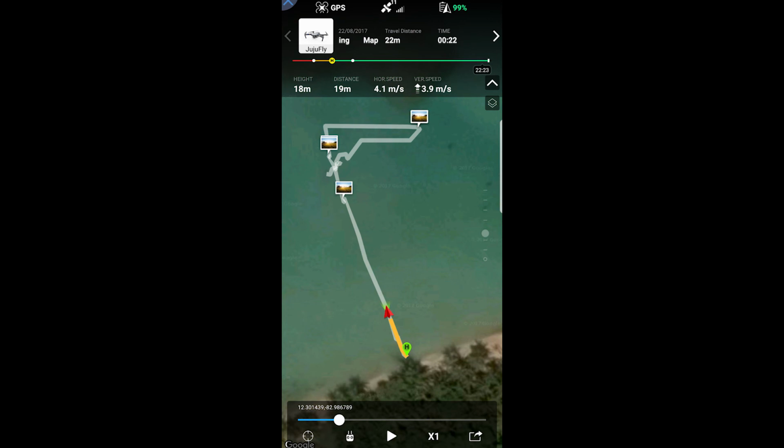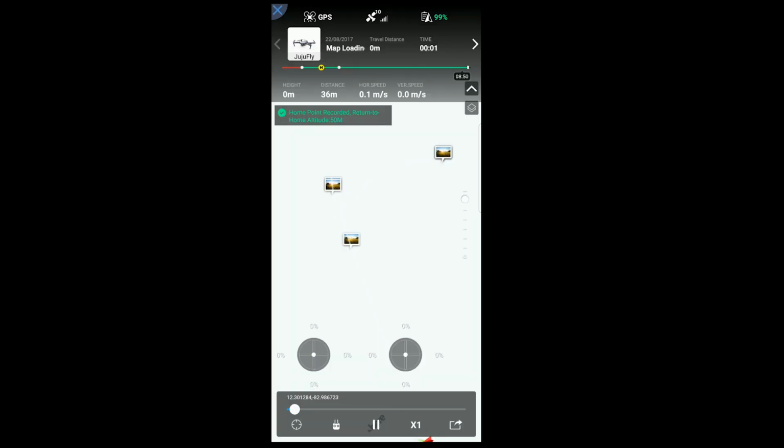This is a screen capture of the DJI Go app of the flight record. In this version, it actually shows the satellite map in the background. I'm not sure why when I recorded the video, the DJI app didn't display the map anyway. Here's the flight, and you have to imagine on the same beach I was standing on the beach and the drone is flying off perfectly normally, and you can see the controls